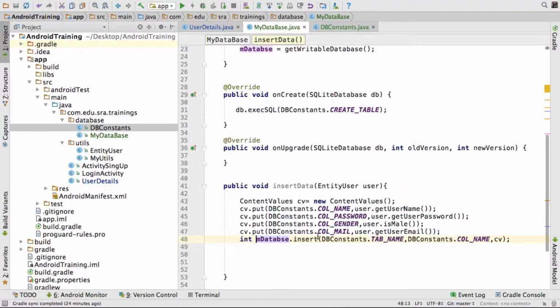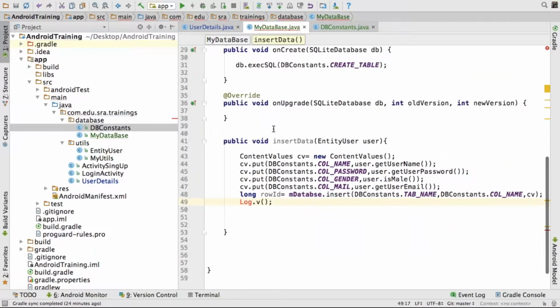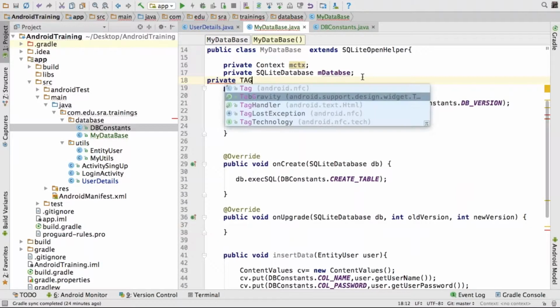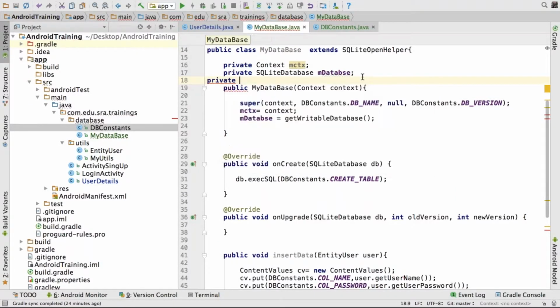So here what I want to do, long row id equals Log dot v. Private static final String TAG equals the class name.